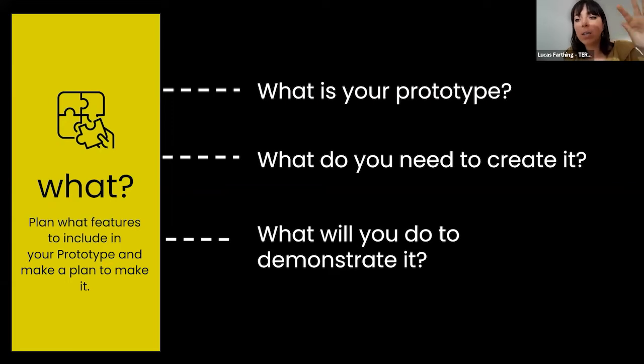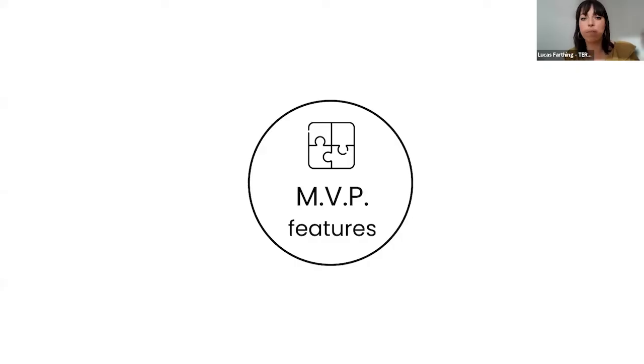Think about what you want to bring to the test and how you're actually going to create these things. How much is it going to cost to create these things? What materials do you need to create these things? What do you already have and what do you still need to build this prototype and to demonstrate it? So when you're putting this together, use your why to decide which features you're choosing to include in the test over other features.